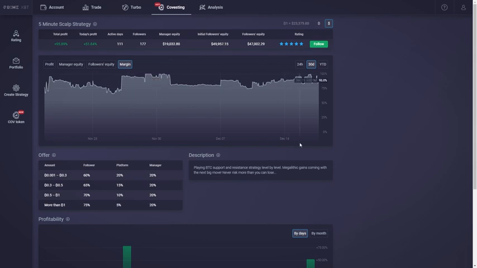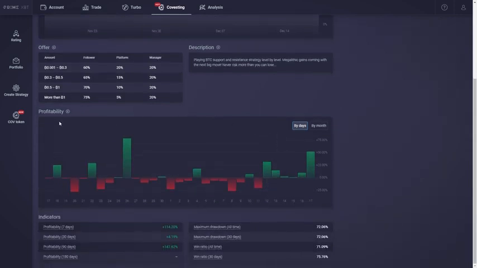And here, if we scroll down right there, you are going to see profitability. So right now we have it by days. Here you can also see a very important thing that I would be considering when choosing a trader. We can see that we have more red candles right there. That means, of course, that this trader has been in negative for more days than he was in positive